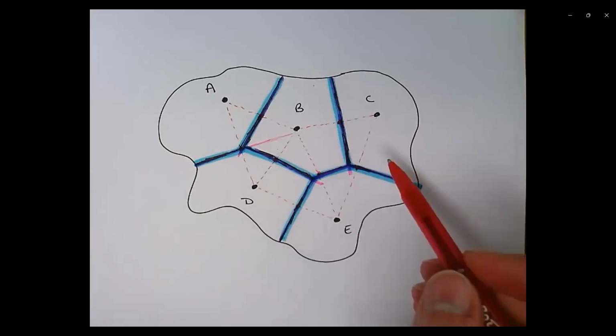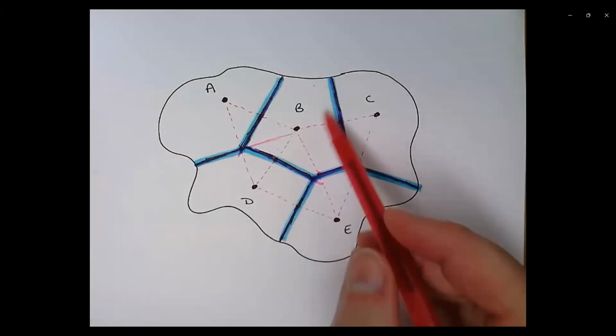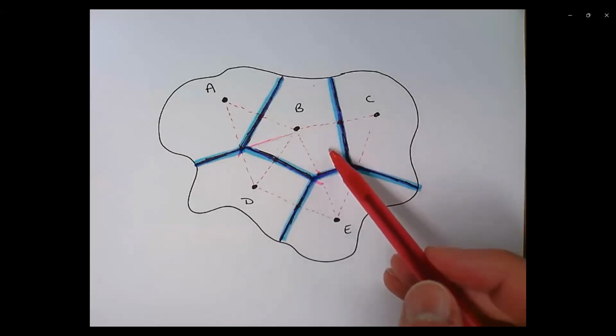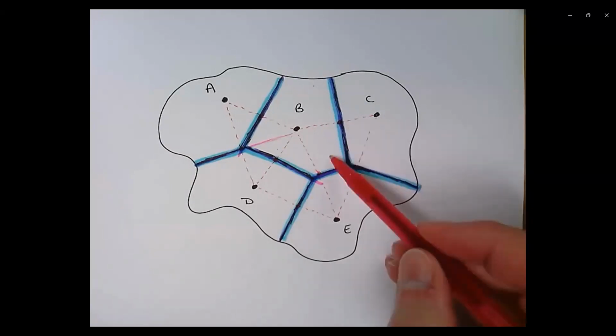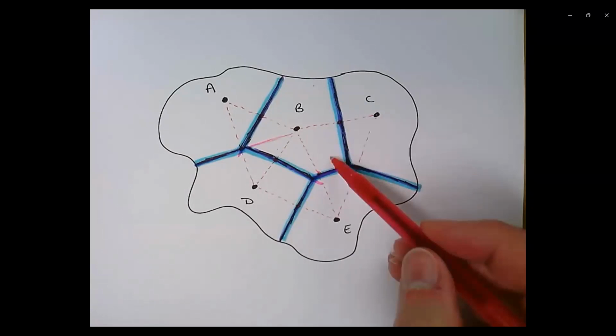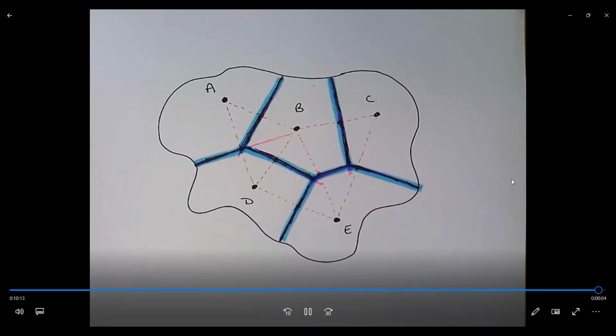If you do mess up, the biggest thing to look at is to just say, is there anything in my polygon? So let's take a look at B, for instance. Is there anything in this polygon where I think a point in there is closer to a different station? So is it possible that this is closer to C or possibly to E? And I don't think so. If you find a point that looks like it is closer to another station, it probably means that you highlighted the wrong line, and you just go back and highlight another one. Once you're done that, you've got your Thiessen polygons, and you can start calculating the area of each using the grid method. Good luck.